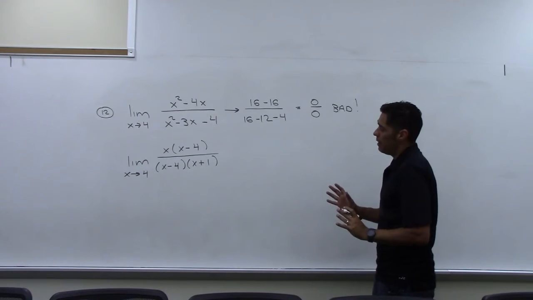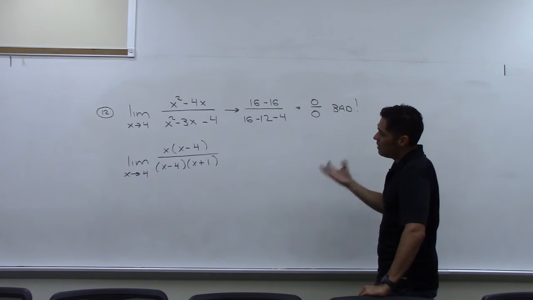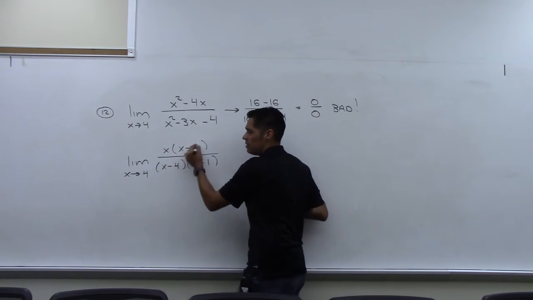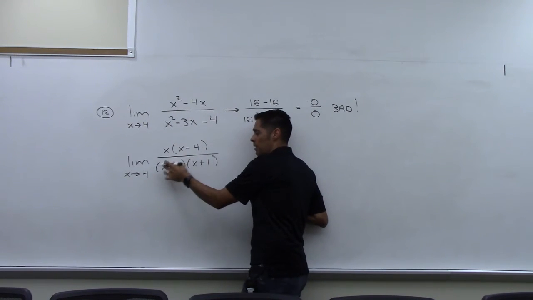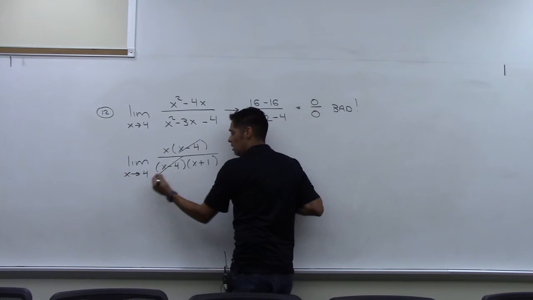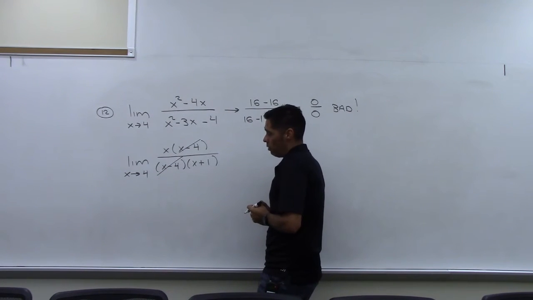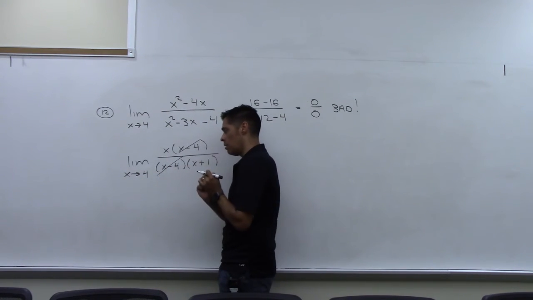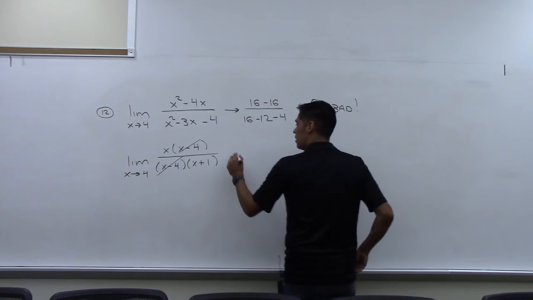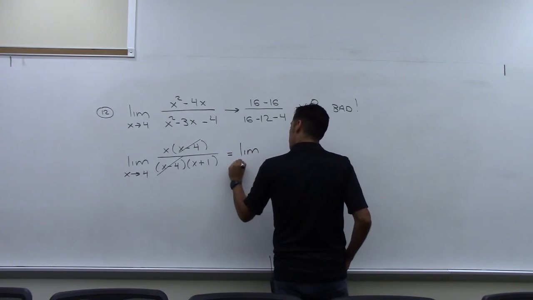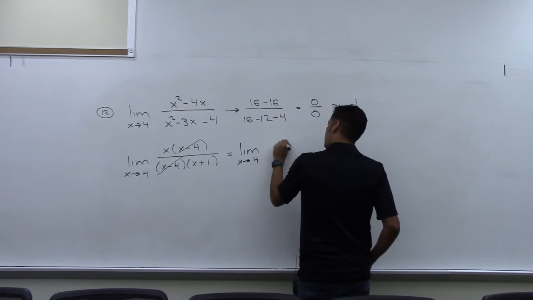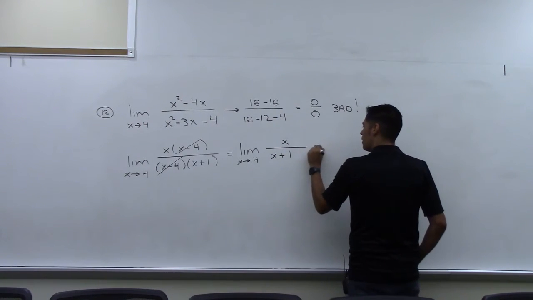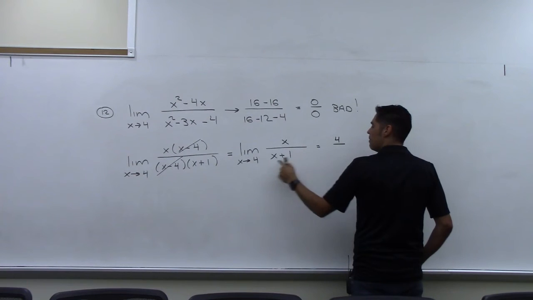And I should have a common factor, because in order to get 0 over 0, something had to turn the top into 0 and simultaneously turn the bottom into 0 when I try and plug 4 in. So you can see this is the common factor that's causing the 0 on the top and the bottom. Now, I am allowed to cancel these two as long as I promise that x will never be 4, which, because we're dealing with the limit, we're talking about what happens as x gets close to 4 and is not actually 4. So that cancellation is a legitimate move. And now what I can do is rewrite x approaches 4. All I have is x on top, and on the bottom x plus 1. And now if x approaches 4, the top becomes 4, and the bottom becomes 5,